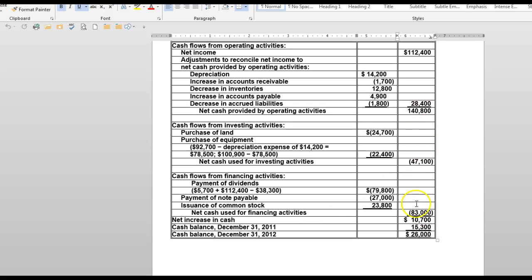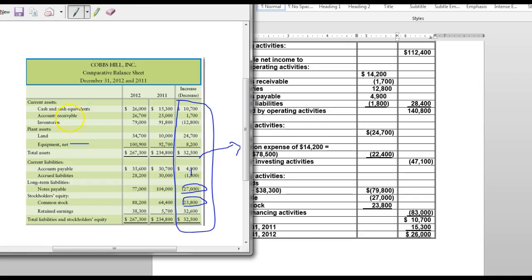So these two numbers will be subtracted from the positive, and you will come up with a net increase of $10,700. That will be added to the beginning cash balance and come up with $26,000, which should be the ending,